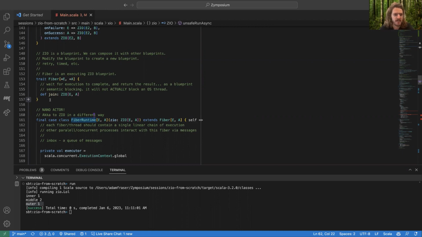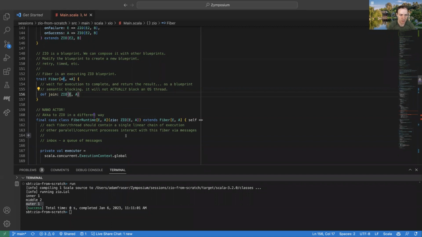Yep. And then we've got a pretty traditional object-oriented pattern here. We have this interface, which is just the interface of a fiber that says it's this running computation. It's going to either succeed with a value or fail with an error. And right now, the only thing you can do with it is wait for its results. And then we've got this thing down here called fiber runtime that is our implementation of that fiber interface that's actually going to do all of this logic for us.